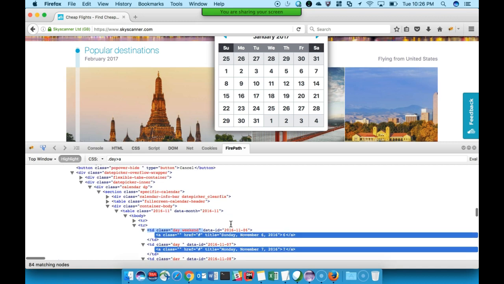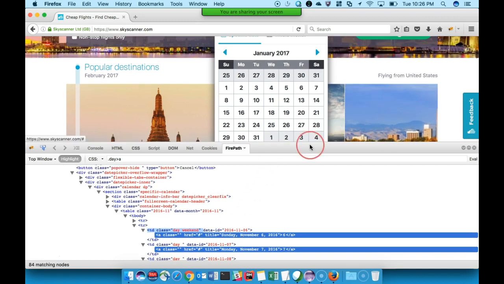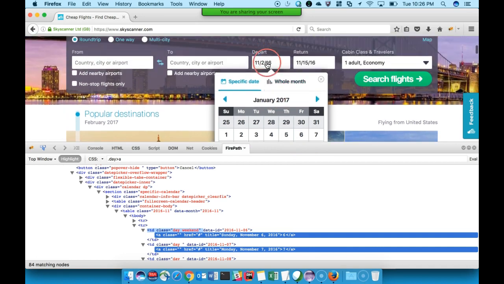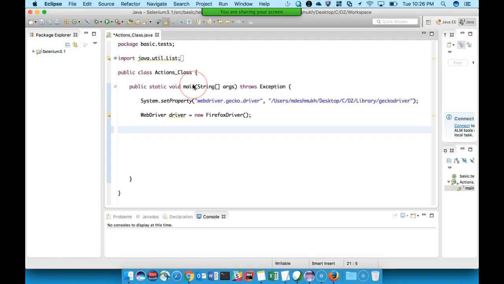Okay, now what we'll do is, let us first try to select a particular month in the date picker. For that, we will begin with first navigating to the site. Let me go to Eclipse. What I have already done is I have created a class, and in that I'm setting the properties for Firefox Gecko driver and creating the instance of Firefox driver.